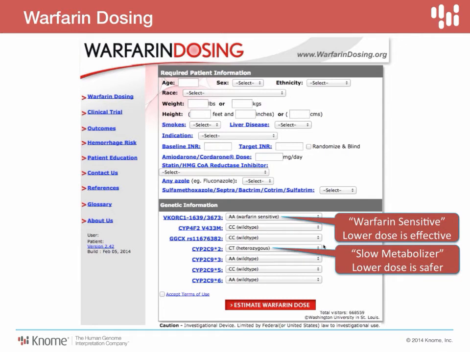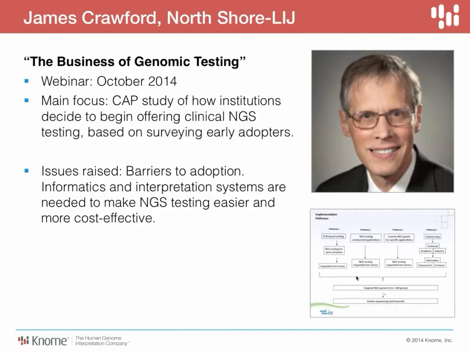In regards to CYP2C9, this variant makes the protein a less effective metabolizer of one of the forms of warfarin. So to avoid the bleeding risks of an overdose, you might go with a lower dose of this drug. So that's an example of something quite different.